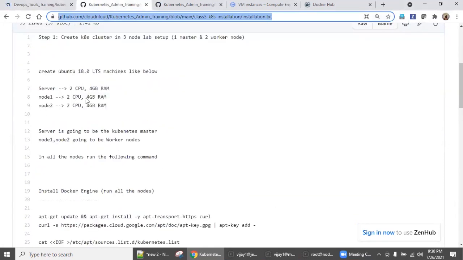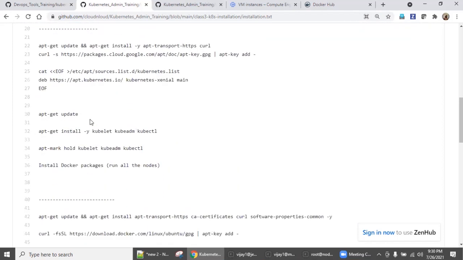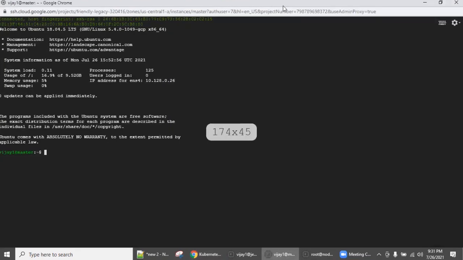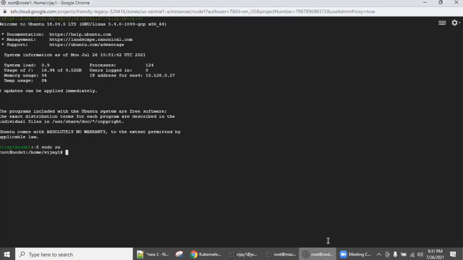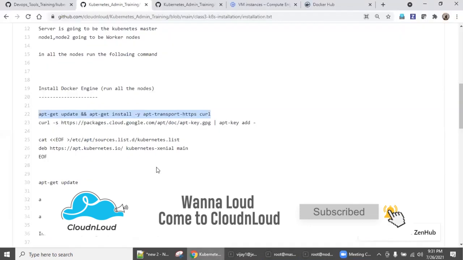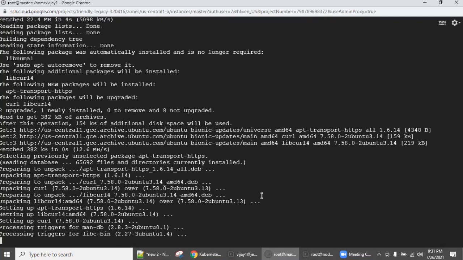So we are going to install. This procedure covers one master node and two worker nodes, but for this class, stick with one master node and one worker node, because Google Cloud capacity sometimes throws errors. First, install Docker Engine. We will copy this. Let's increase the font size. Sudo su, switching to root. Let's first run these commands on both the master and worker node, and then we will add the keys on both the master node and worker node.